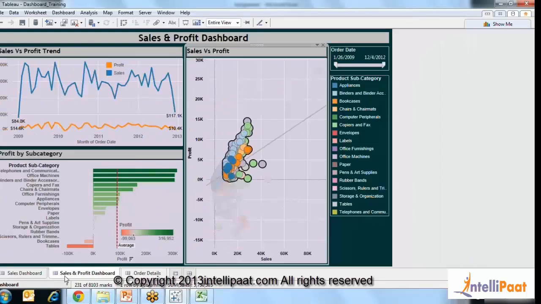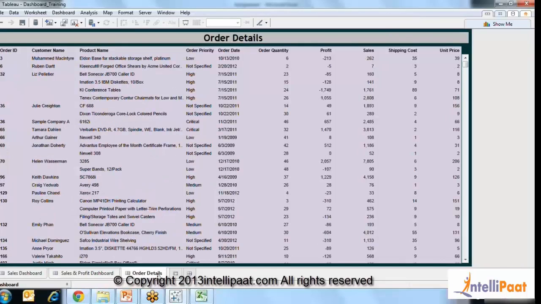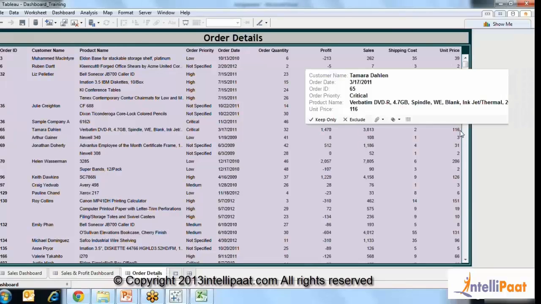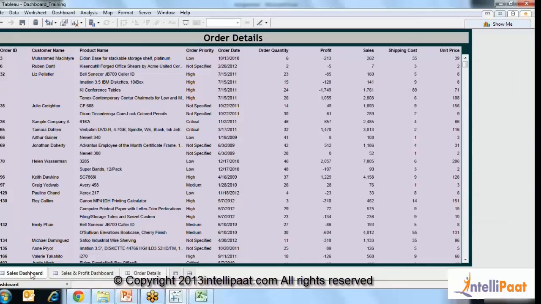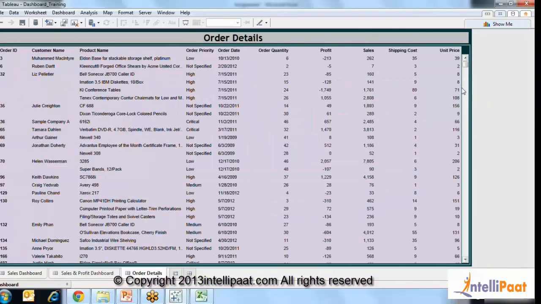Now what you would want to do is probably have a navigation to come back, so go back. You can create a back button, just the way we created this navigate button over here. Now we click here for the profit kind of a thing, so you can use this similar technique and build a back navigation button here so that the user can then use that to go back to whichever sheet